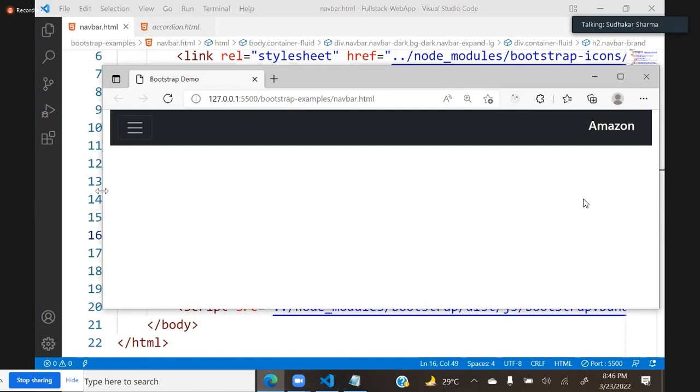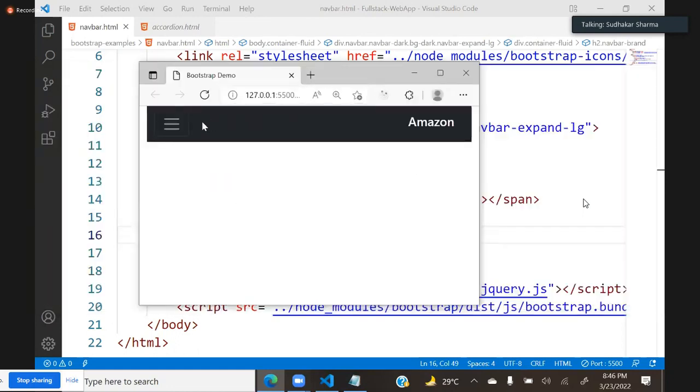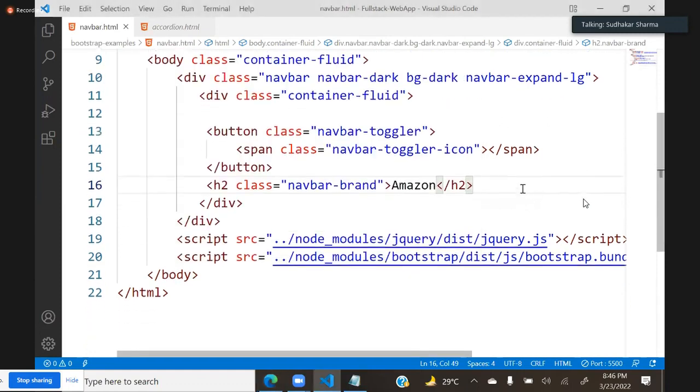That means what we can do is we can put navigation items inside that. Those navigation items will display. This is the toggler, and you see the toggler button comes automatically when the width is adjusted. Actually, what we do is, after configuring the toggler and toggler icon, we